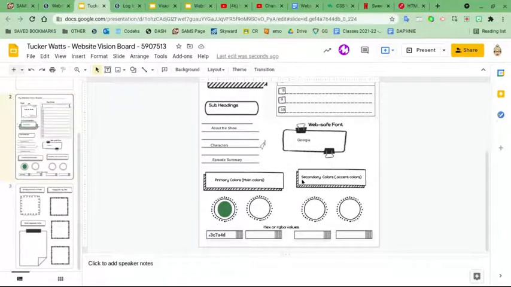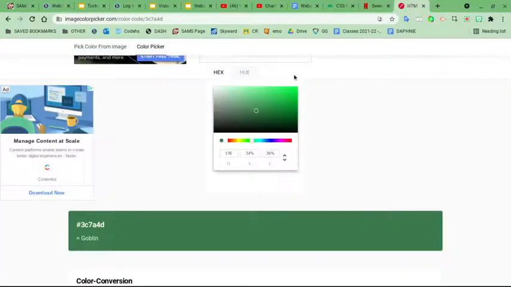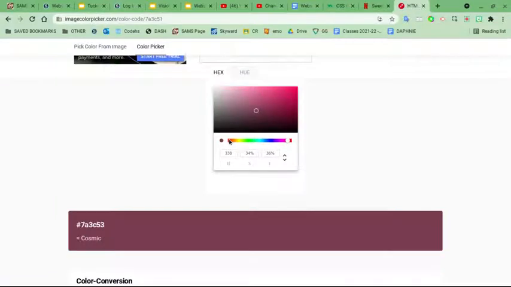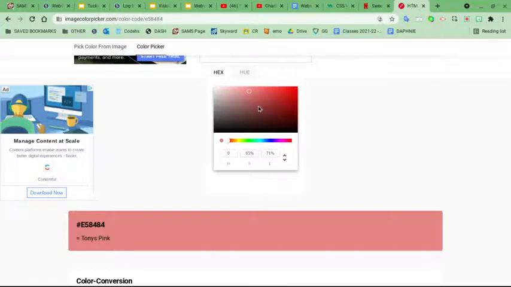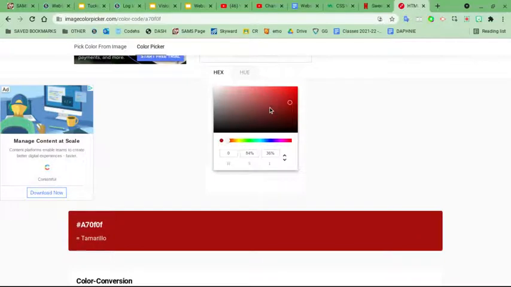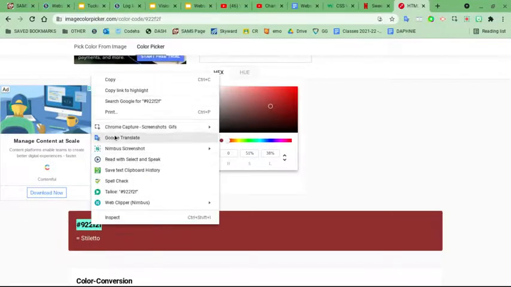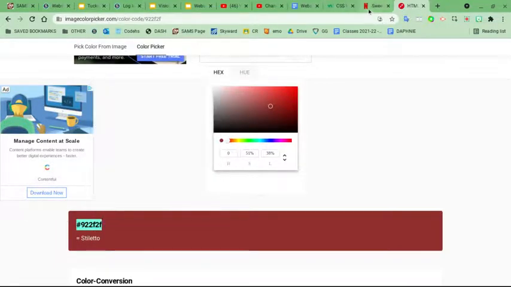Now I want to make sure I do at least one of them hex and one of them RGBA. So let's say I want that red color to be my other color. So I'm going to come and find a deep red for him. Oop. Those are more oranges. I kind of like, I like this one, stiletto. Okay, I don't want that. Well, I need the hex code first for my circle. So I'm going to copy the hex code, come back to my board, and